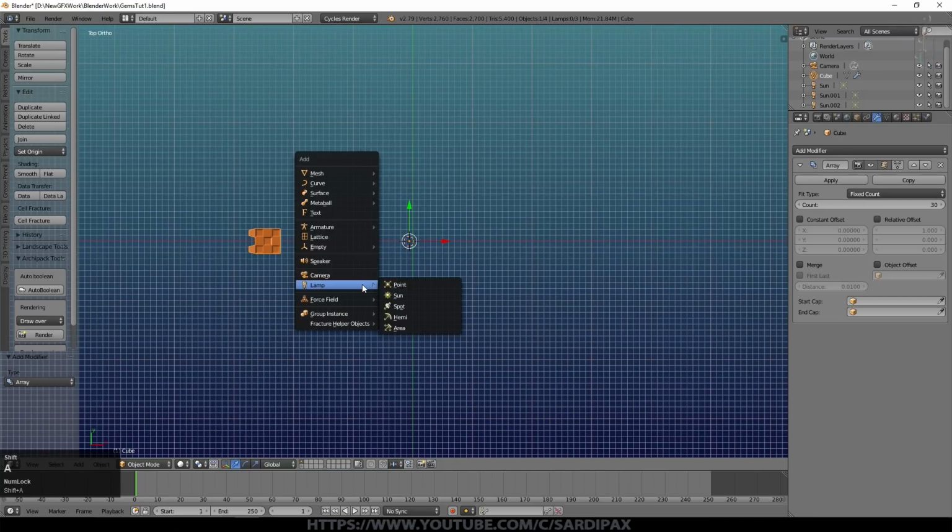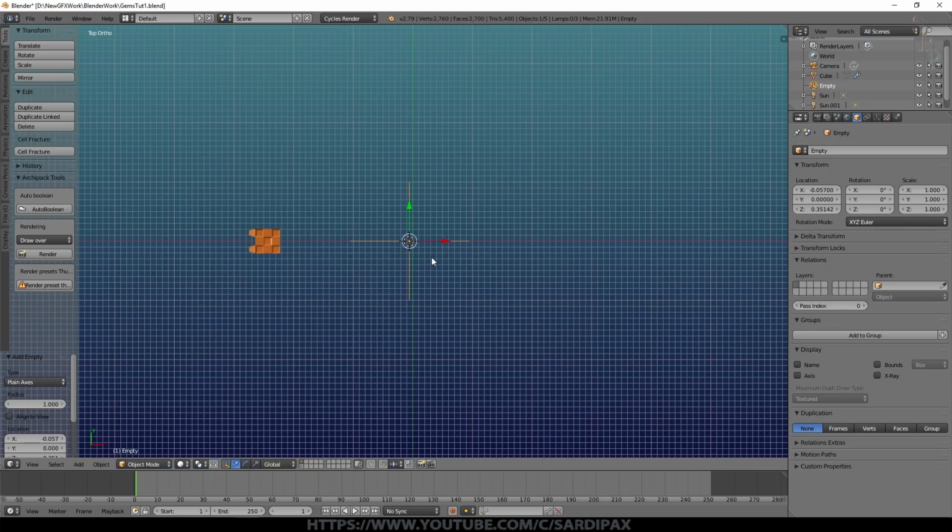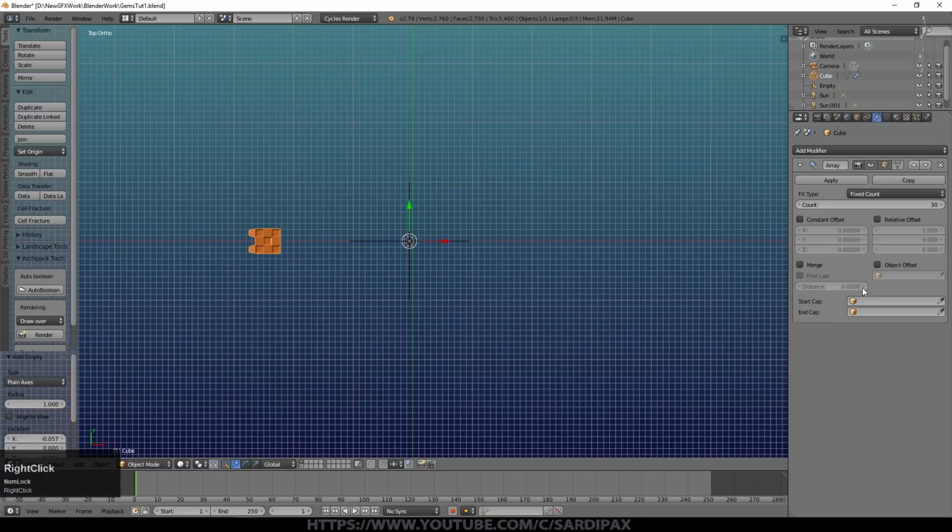And I'm now going to add a new object, which is an empty. So an empty is an object that you can use to control or reference other objects, but it never renders. It doesn't have any vertices in it or anything like that. So that's been created right there, and that's by default called just empty. Go back to my object, click on Object Offset in the modifier, and select the empty.